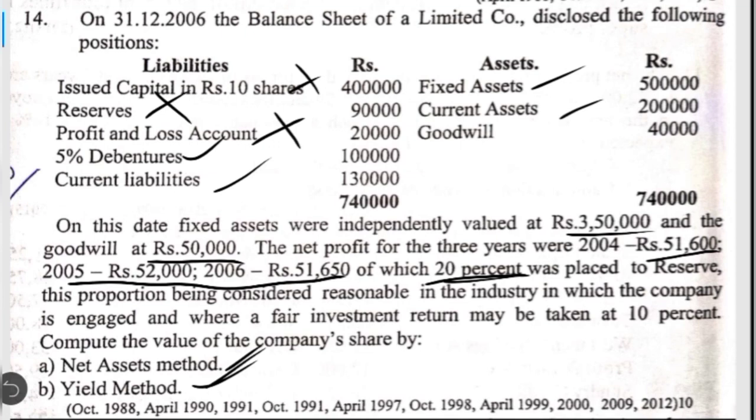In the second step you are going to calculate expected rate of dividend. So expected rate of dividend is equal to surplus profit available for dividend to equity shareholders divided by total paid up equity share capital. In this case it is 4 lakh, into 100. See what is the percentage of expected rate of dividend you get. And the third step is to calculate the market value. Market value is equal to expected rate divided by normal rate into 100. See what is the expected rate answer you get in the second step, divided by normal rate of return which is 10%, and the paid up value per share is also 10.